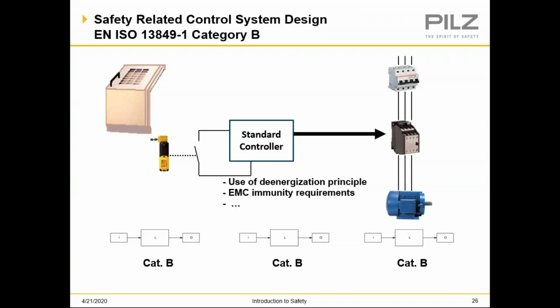Here's what your circuit would look like and your components in a typical Cat B. You'll notice each device is listed by its category. So when you're doing a safety circuit, you need to be aware that if any one of these fell below the other two, it would default to the lower value. So if I had a higher safety level here, and this one lower, it would default to that one. It's the weakest link of the network. So you've got a safety mechanical switch here, standard controller, and just a regular single contactor operating a motor.